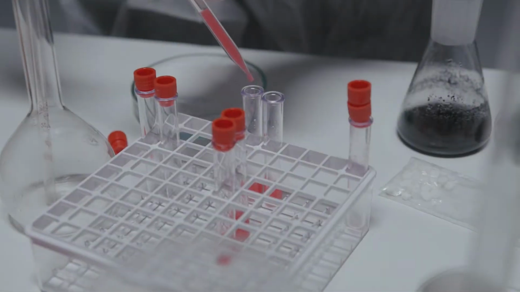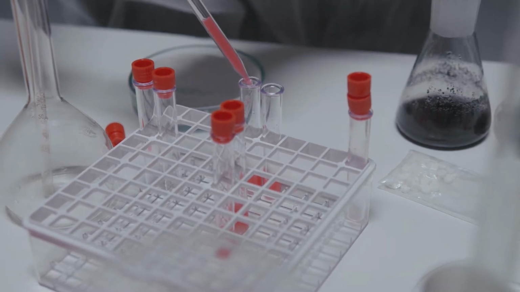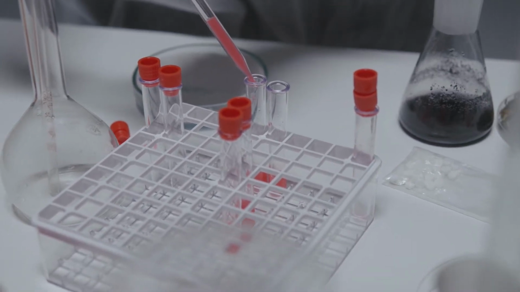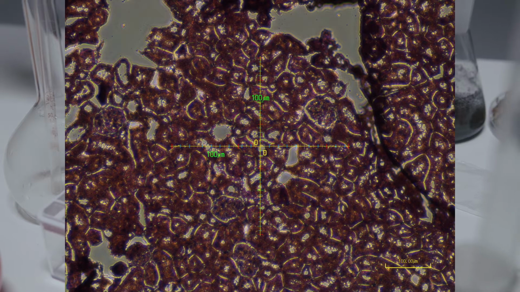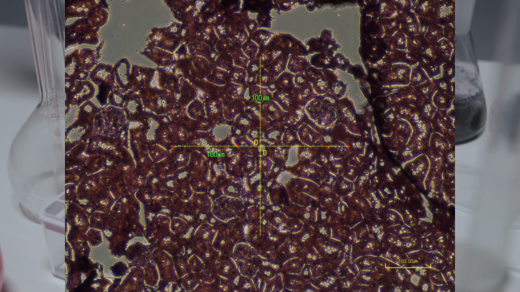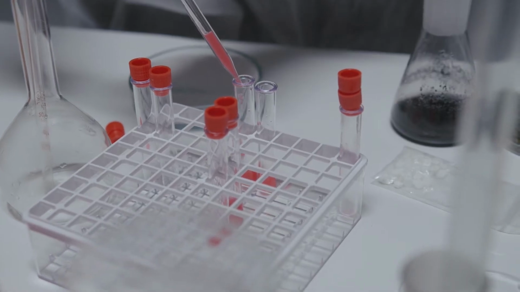Hello and welcome to this video on how cells lyse and apoptosis happens. Cell lysis and apoptosis are necessary in the human body. In fact, any organism needs these two processes to happen. That is because removing unwanted cells is necessary to prevent them from growing out of control. This is better known as a tumour.